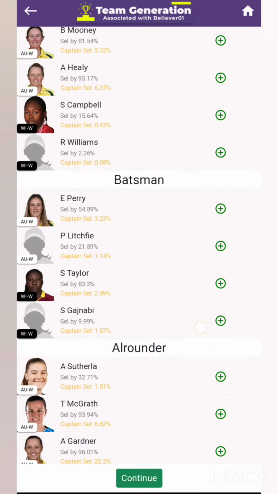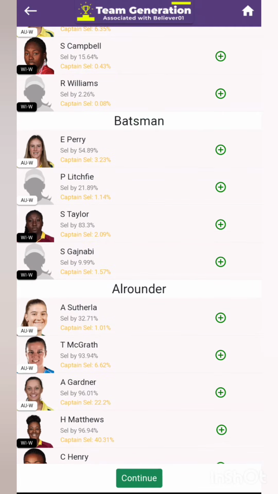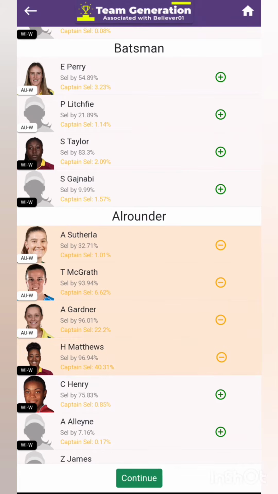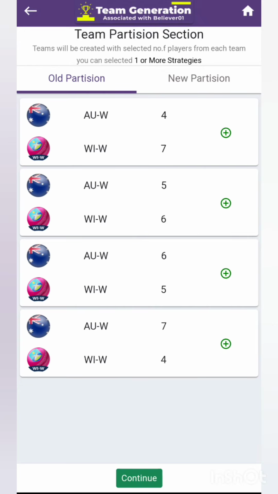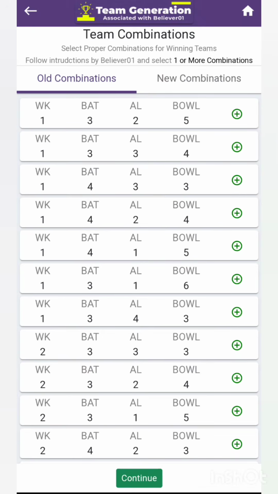In the captain section, that is your prediction, and based on your prediction you can choose. I'm not making a prediction video for this match. I'm making a video to explain the role frequency section and how it works. So let me quickly select some captain and vice captain players as well. After that, continue. This is also based on which team has more favorites, so you can select. I feel Australia is going to win, so let's say that, and also skip this section. You can also select those percentage selections as well, and also go with the suggested credit range.